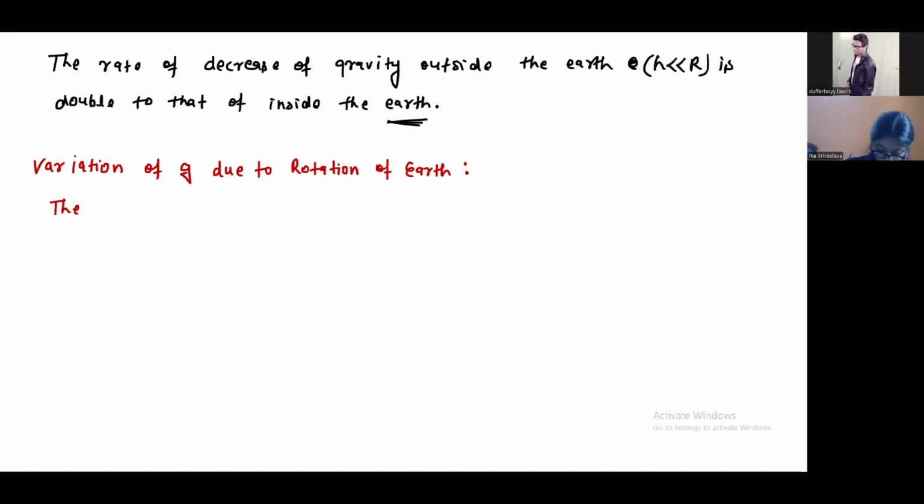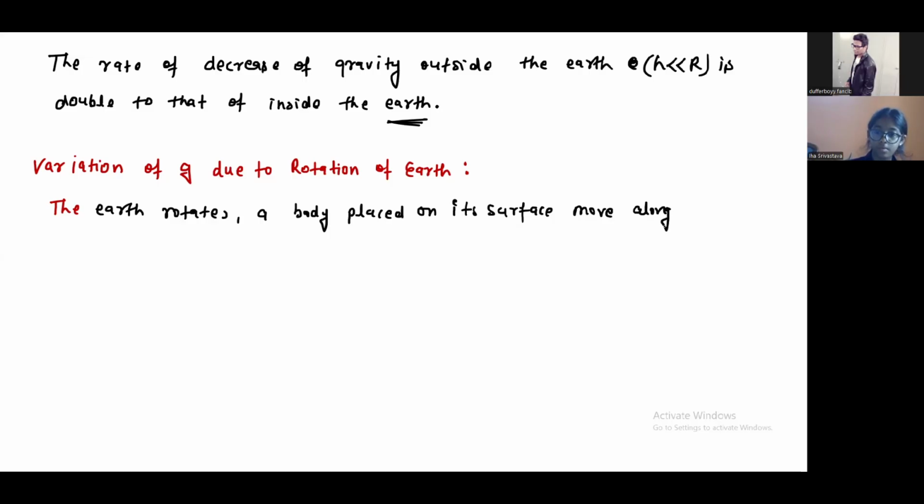The earth rotates, and a body placed on its surface moves along a circular path, and hence